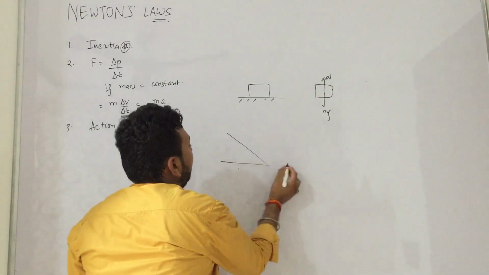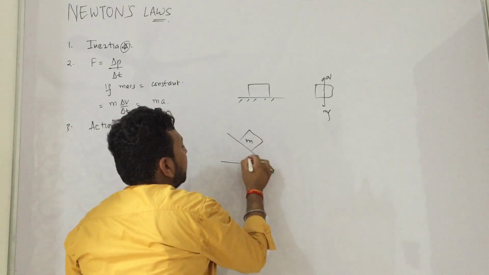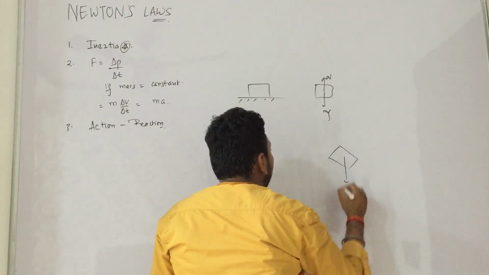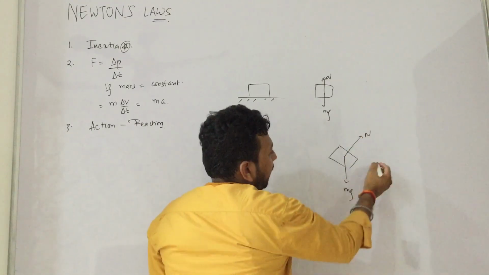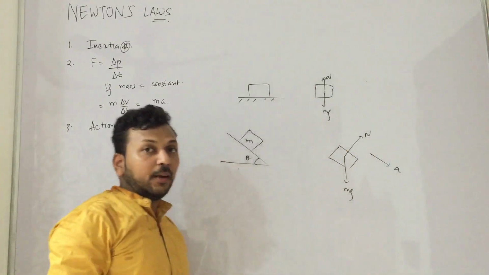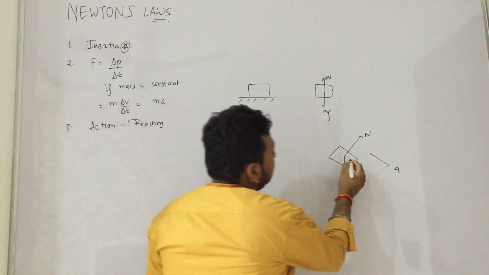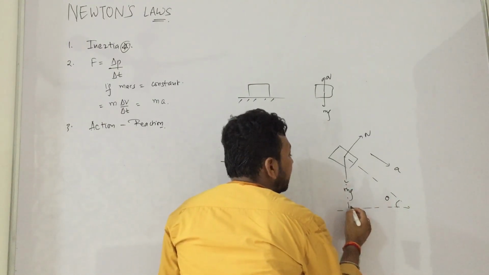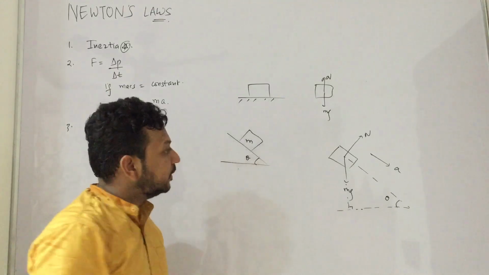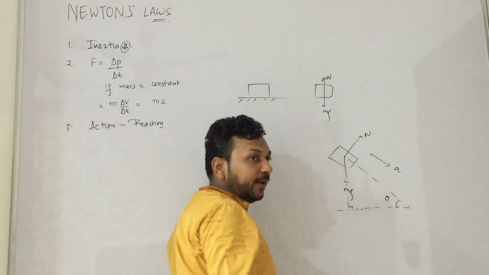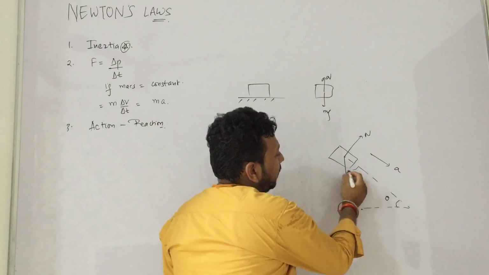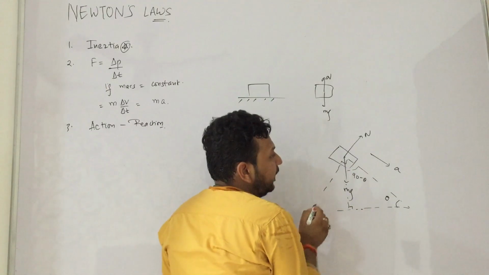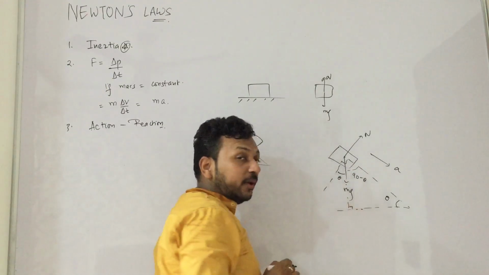But consider this scenario, an incline with angle theta. Now if I make the FBD, what will happen? mg, normal, and acceleration. It will accelerate, it will come down. So how do you solve it? I will make a triangle. This angle is theta, this is 90, and the whole triangle sum is 180 degrees. So this becomes 90 minus theta. Since the whole angle is 90, it will again become theta, right?